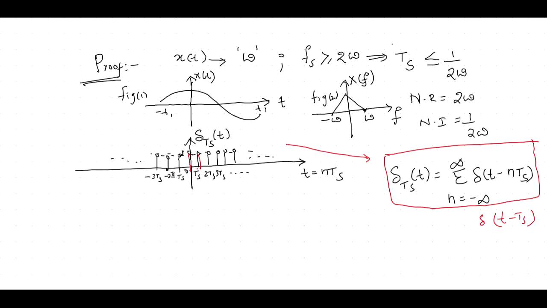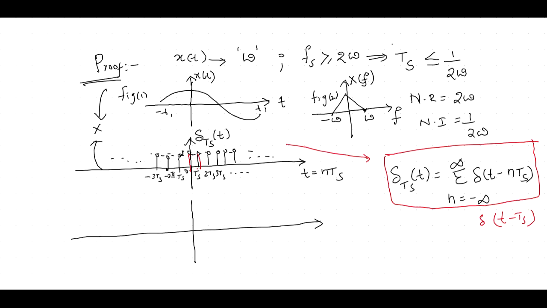Now the logic is, first I have taken one input signal. After that I have taken a train of impulse function. Next what we have to do to get the sampled signal means multiply the input signal. Multiply this input signal with the train of impulse function delta Ts of t. These two signals we have to multiply. If you multiply these two signals the final resultant signal is going to be like